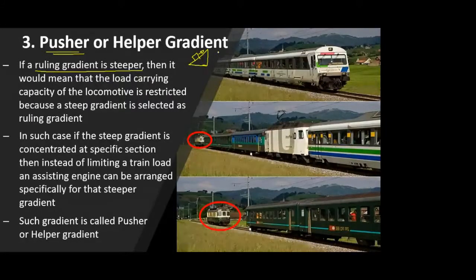So that will decrease the load carrying capacity of your engine. But we can't do that. Half the bogies will leave it on the downhill, and then we'll take the half bogies uphill. So in that case, we have to carry all the bogies. So in that case, what is done is an extra engine, or a pusher engine, or a helper engine, is attached to the end of the train.